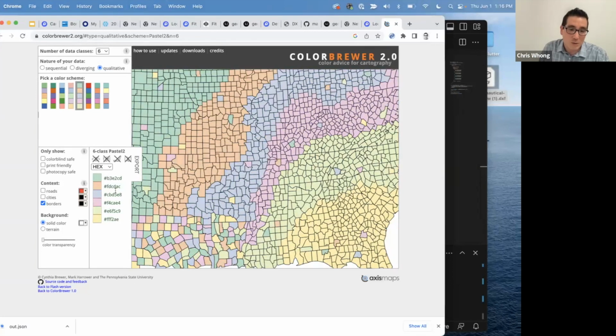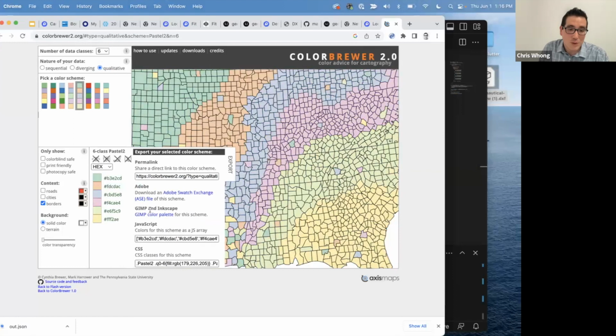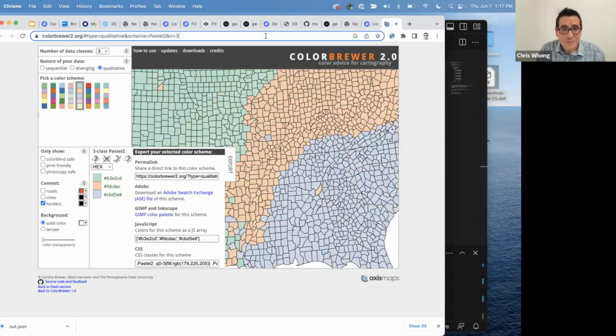And it gives you the hex color codes that you can use. And if you're in JavaScript world like I am, it also gives you a little array that you can just copy and paste into your code. So I find myself here all the time, either for experimentation purposes or even just to get color palettes to use in production. I think even yesterday, Connor and I just needed legend colors for an example in the docs. And I referred to here to just say, okay, what's a good 3-color palette we can use? And this is a helpful tool.